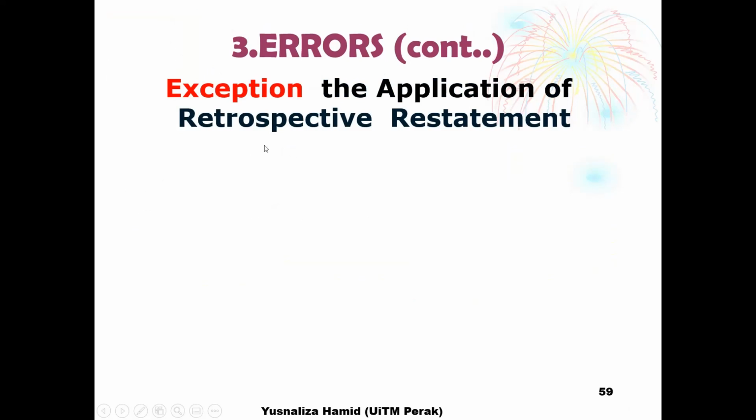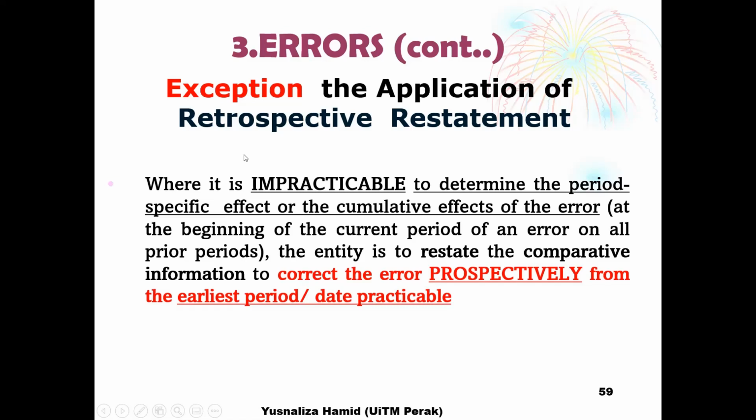However, there are exceptions to the application of retrospective restatement. So whenever it is impracticable to determine the period-specific effects or the cumulative effect of the error, if you cannot detect specifically the period in which the error started, is it at the beginning of the current period, that is fine. But if it's like, for example, the last 5 or 6 years, you do not detect. So what you can do is, if it is impracticable to do so,